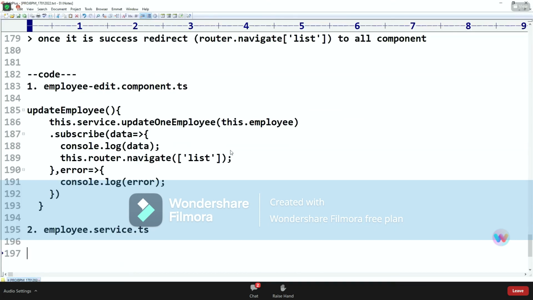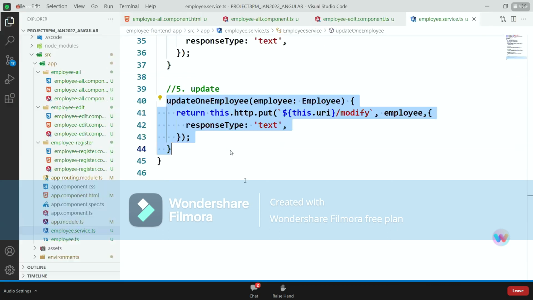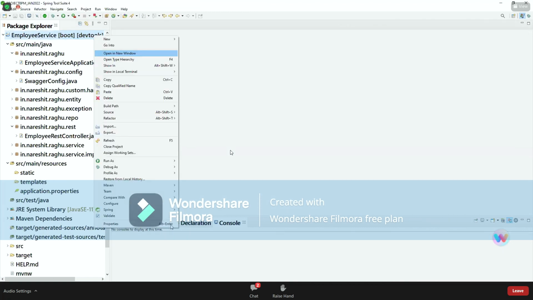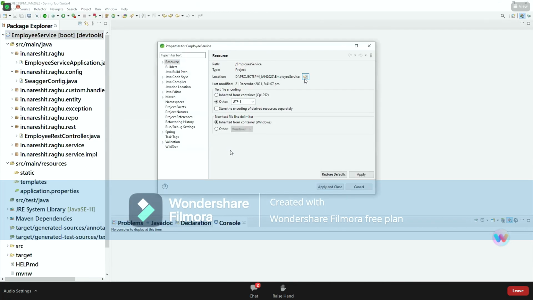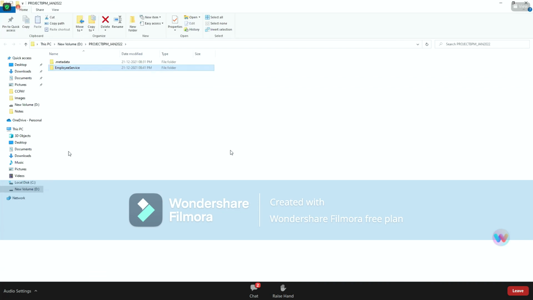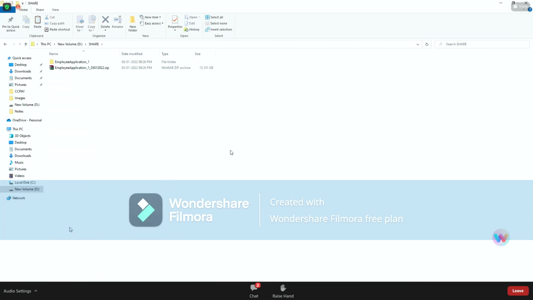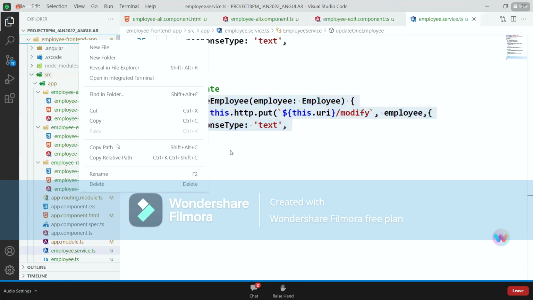Okay, now look at this. This is the backend application code. This is the front-end application code.